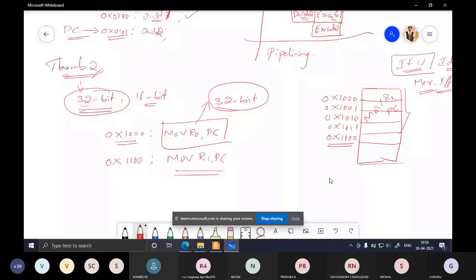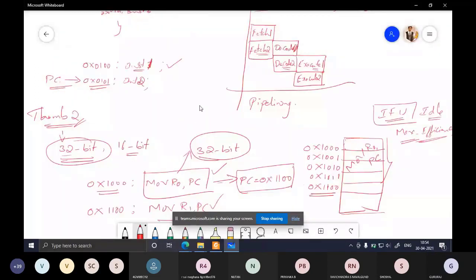Getting what I'm saying? Okay. Any doubts here? So if you check the value of PC whenever the instruction move R0, PC is being executed, according to this example, it will be equal to 0x1100, because it is already pointing to the next instruction because of the pipelining nature.